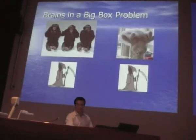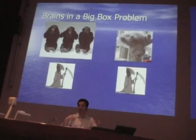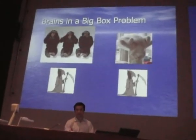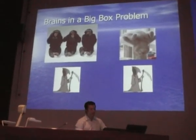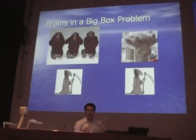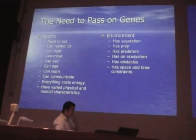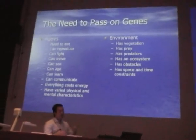Same with the other experiment, the 4 robots and 2 circles. If there's no fitness function, they'll just sit there. If you take the fitness function away, you can't make them do anything. So again, we're modeling life. We're creating an ecology, giving them a body that they have to maintain, they have to reproduce and move on. So I'm creating a need for these agents to be passing on their genes. And as part